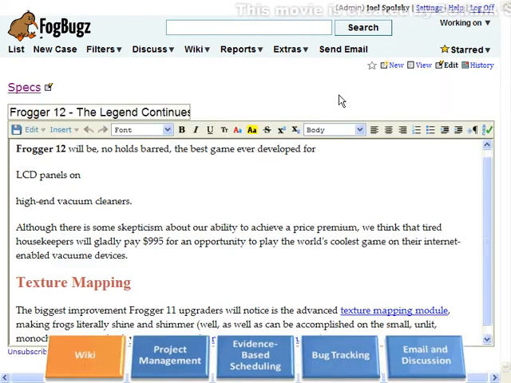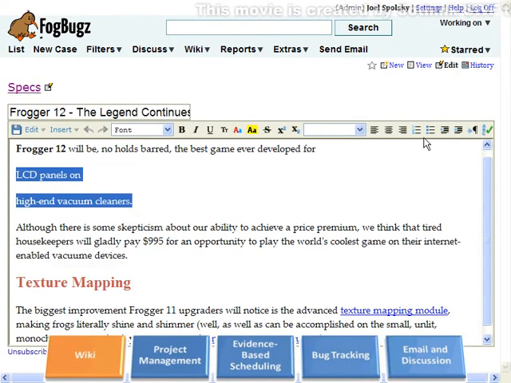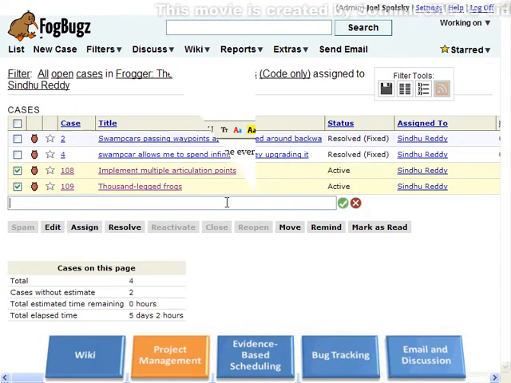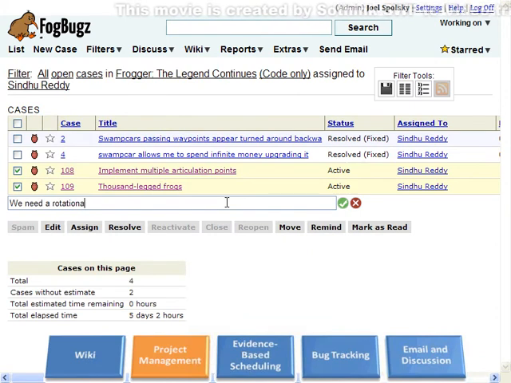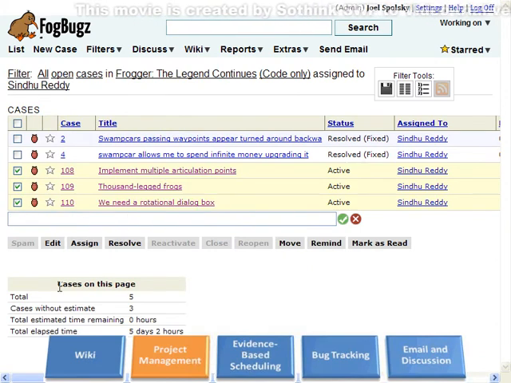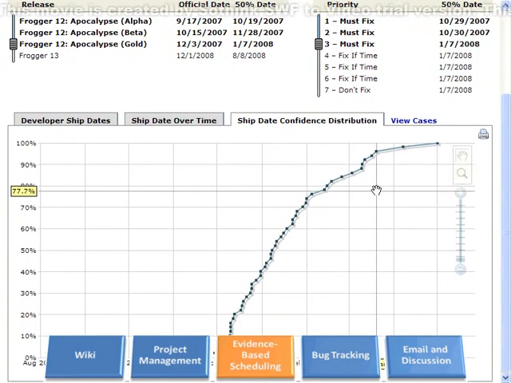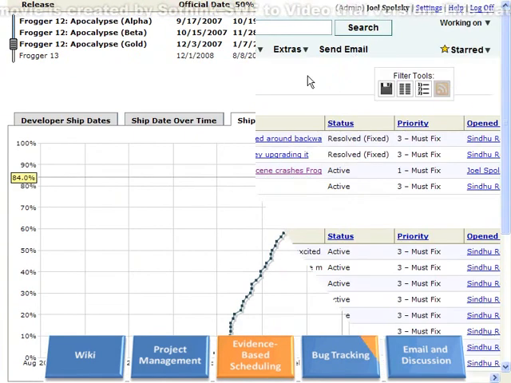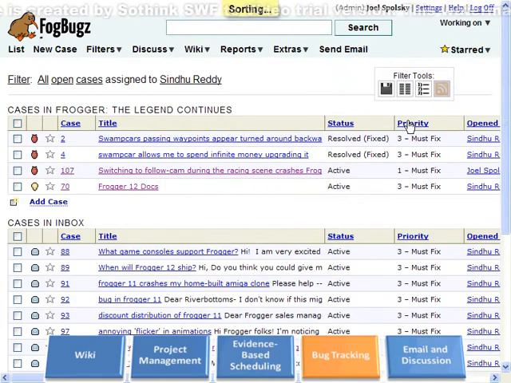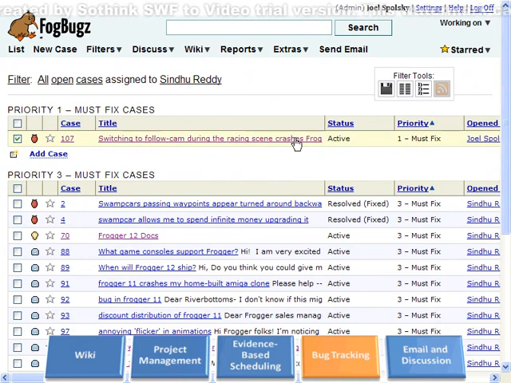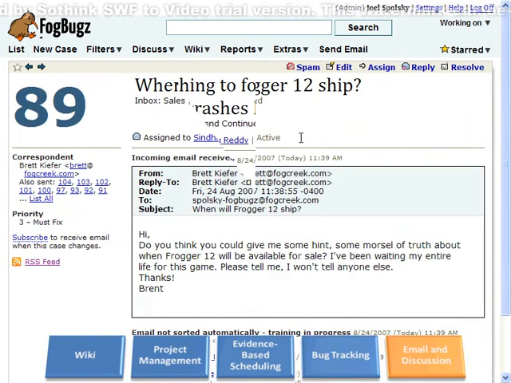It has 5 big features. You got a wiki for writing documentation. There's a project management system where you list all the things you're going to work on. And then FogBugz actually tells you when you're going to ship. And this is really cool. It calculates the probability that you'll ship on time. There's a bug tracker to keep on top of all the bugs you need to fix. It keeps a complete history of each one. And finally, there are all kinds of communication tools for talking to your customers,